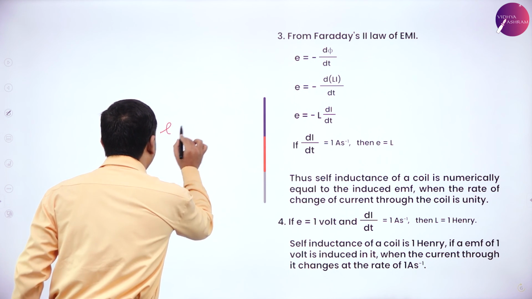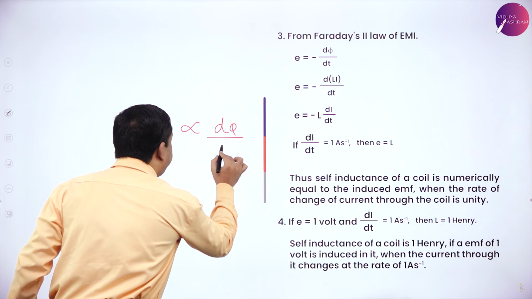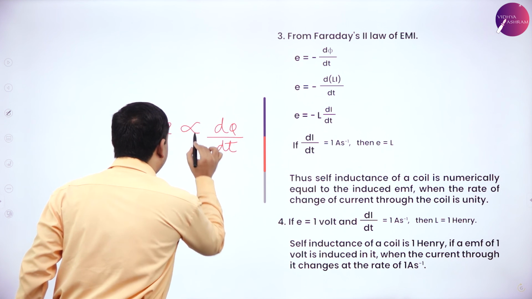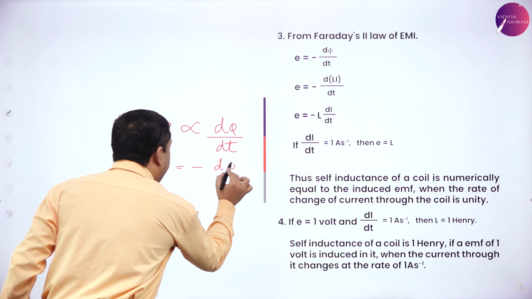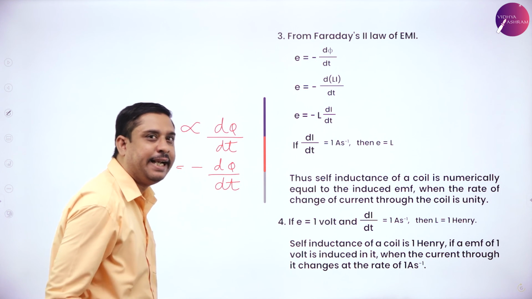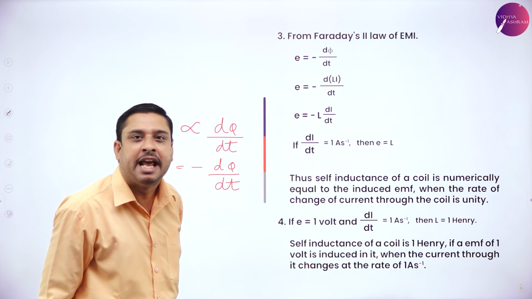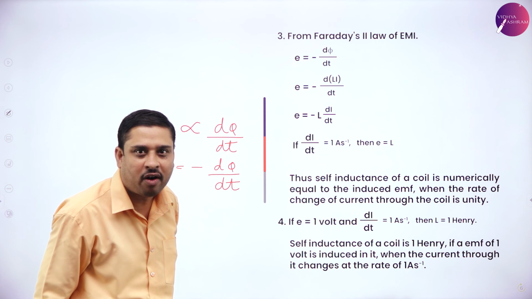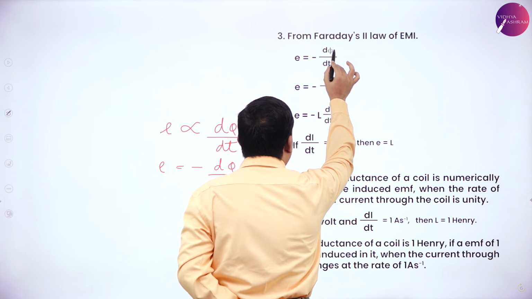See, from the second law we wrote E is proportional to d phi by dt. Now I eliminate the proportionality symbol and write E is minus d phi by dt. This negative sign is in accordance with Lenz's law. Now, substituting for phi,